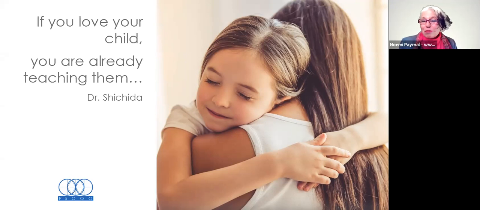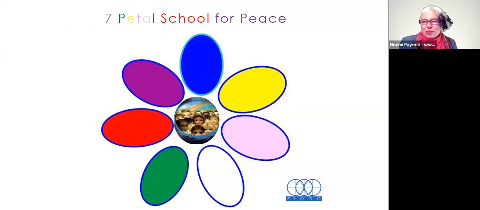And Shishida wrote 28 books on pedagogy. At the end, he said that at the end of the story, if you love your child, you are already teaching them. And all these tools, we can have them in the Seven Petal School, of course, that is going to be